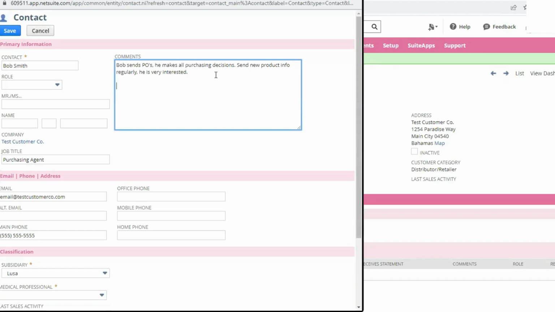So if you have a conversation and Bob mentions his wife had surgery on her knee, okay, this would be an example of a really nice note that somebody could use to say, oh, Bob, how's your wife?